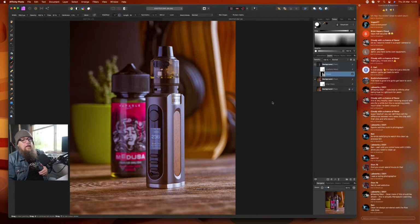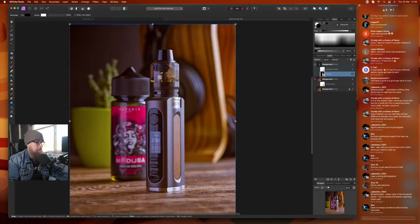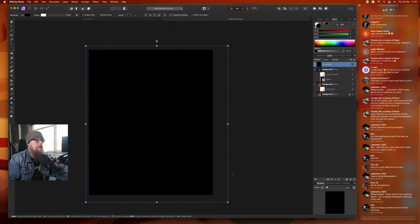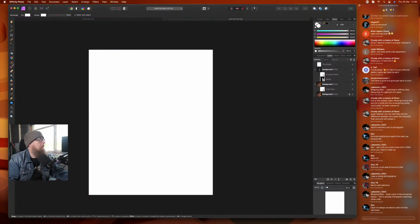The flow rate is, how's the best way to show this? In fact, hold on, I can show you flow rate. Because again, this isn't just an Affinity Designer thing. This is a generic thing. Let's pop a thing on there. Right, I am going to use a paintbrush,